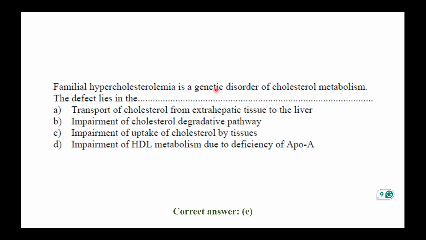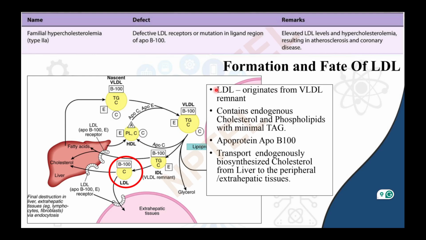So basically, LDL. Familial hypercholesterolemia is a defect in the LDL receptors, or mutation in the ligand region of ApoB100 that binds to the LDL receptors. So, these LDL receptors are mainly responsible for